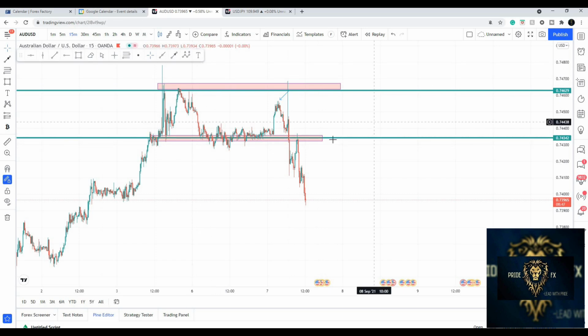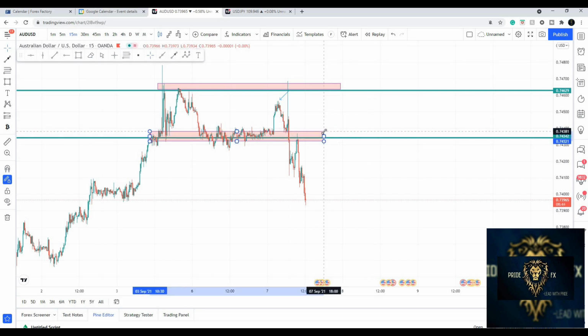So what we can do also here is extend this to there, right? So we know that the event is taking off at 6:30 in the morning, but we need to predict what will happen. So what I normally do is watch what is going on in the 15 minutes prior. The 15 minutes prior to the event, I will be watching that candle closely. What is that candle? Where is that candle? And 3 minutes just before the event, I would take my judgment. And if it is for a buy or for a sell, I would take my trade in that 3 minutes, right?